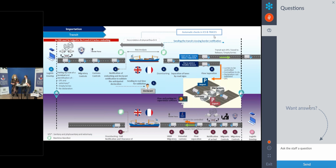And maybe just to finish on step 0, why 0? Because it's before, yes, and also because it's not mandatory. The logistic envelope is a functionality we offer to operators to facilitate the process. When you have several declarations for one truck, you can group